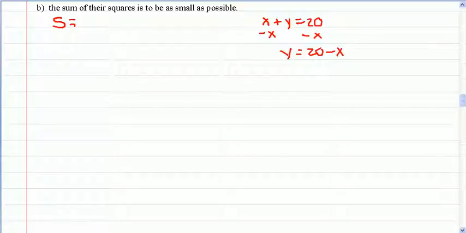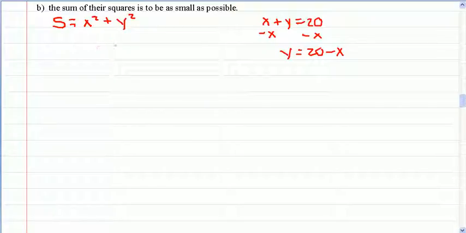For part B, the sum of their squares is to be as small as possible. So from the introduction of this problem, we will be using the x plus y equals 20 and solving for y again, so that y is equal to 20 minus x. So we will need this at some point in the problem. So this one says that the sum of their squares is to be as small as possible. So that means the sum of the two numbers, x squared plus y squared, is to be a minimum, and